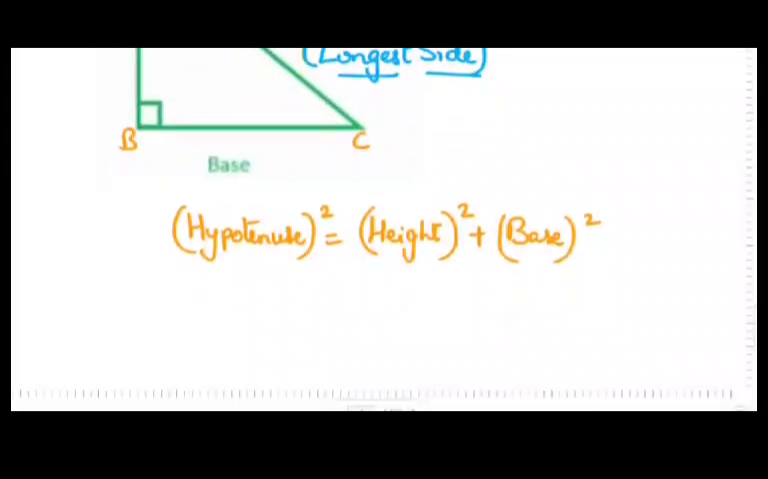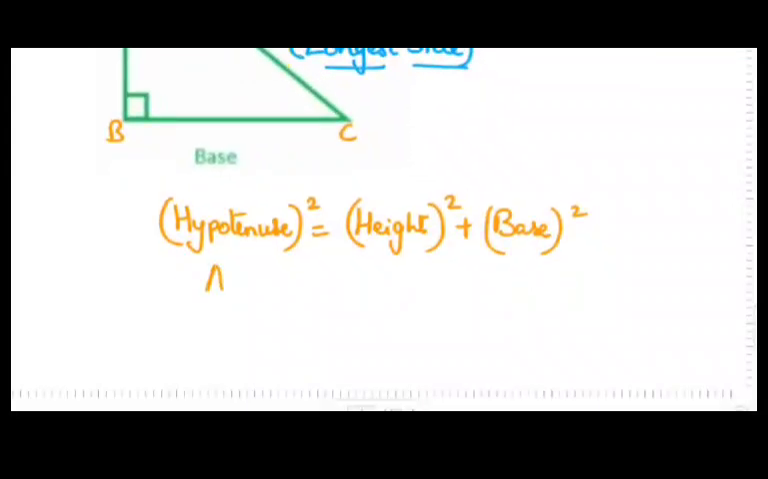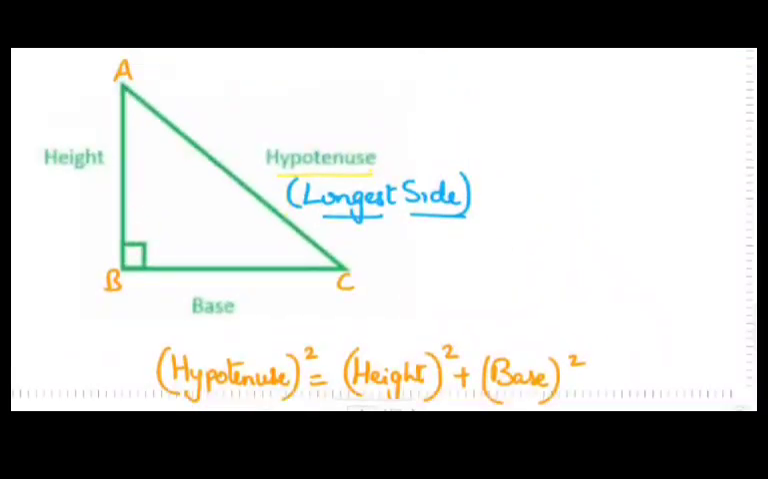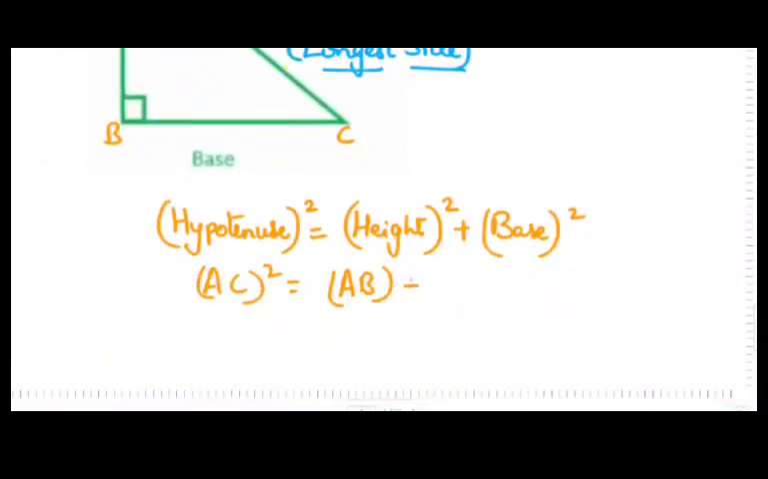So if I would have a triangle named A, B and C, my hypotenuse is AC. AC square is equal to AB, that's the height, AB square plus BC square. My suggestion before starting with this sum is you need to write down, rather first memorize